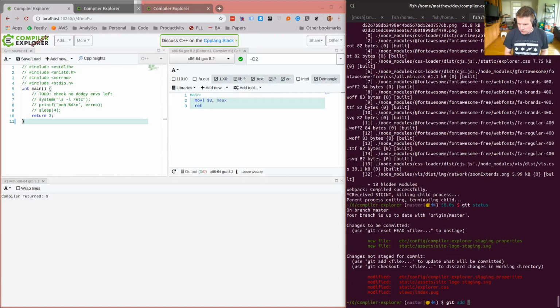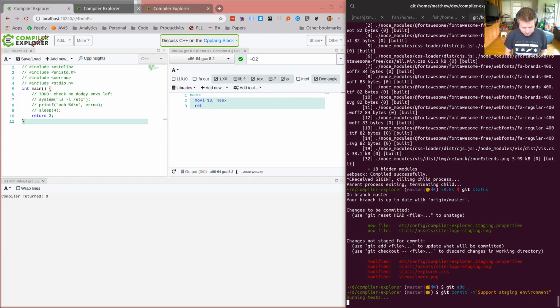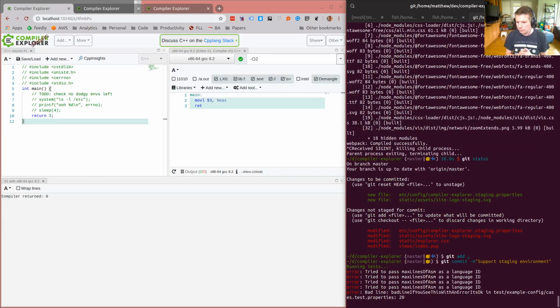We've got some changes here that I'm going to git add. We're going to git commit and say "support staging environment." I don't think I have a GitHub issue link for this, otherwise I would check something in for that effect. Running tests again. So I'm just going to get to the point where the staging site's running, and then I think I'm going to pause and have some lunch. Maybe stop talking for a bit to give my voice a bit of a rest.